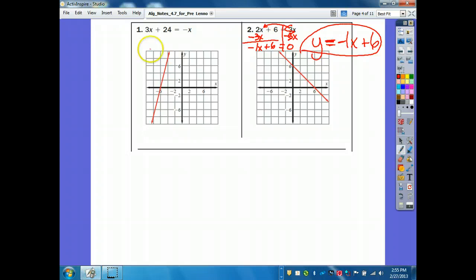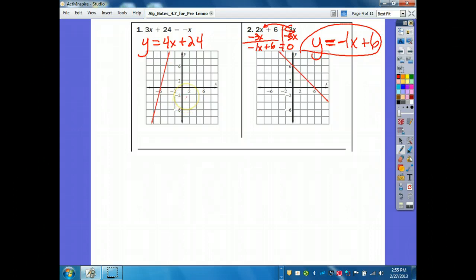Oh, I was going to point something out to you over here. When we rearrange this, we got y equals 4x plus 24, right? So if we did that first, what's my y-intercept? 24. Ooh, oh, wait a minute. There's no 24 on my graph, and I can't guesstimate a 24. That'd be way up there. So it's like, I can't,